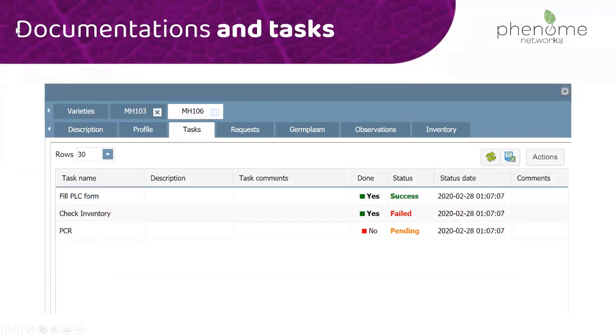So we reviewed all the tabs of each variety. We reviewed how to request to move to a stage, how the approvers look at all the data, the task, the notation, the seed stock, and so on, and decide whether to approve or not. Now we cannot finish this